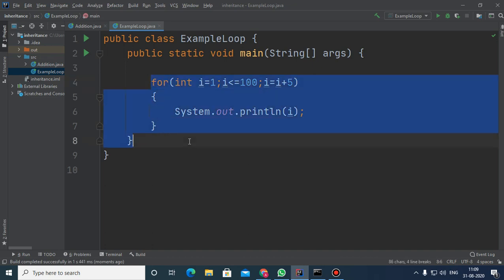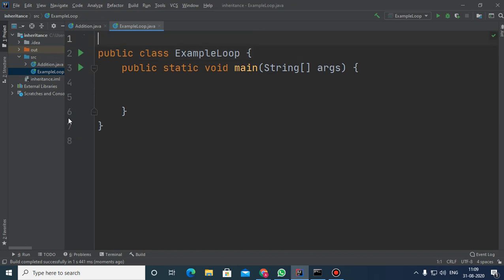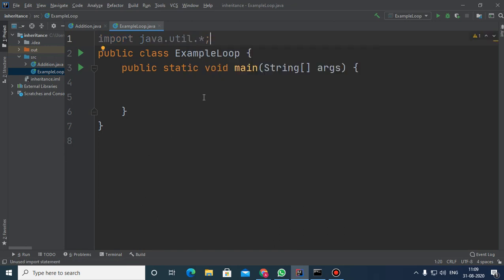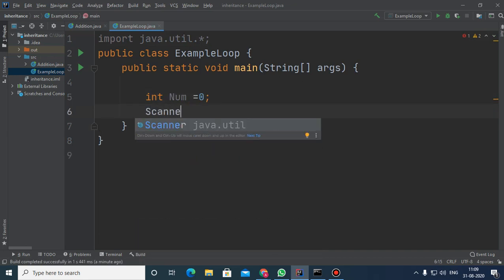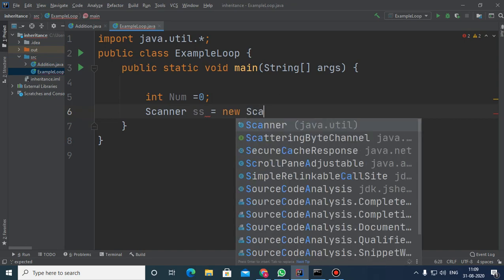Okay. Now children, I hope everybody knows the concept of the loop at least. So now children, here we want to check whether a given number is prime or not. By definition, a prime number is the number which has only 2 factors. So here Scanner SS, this is the object of the Scanner class,